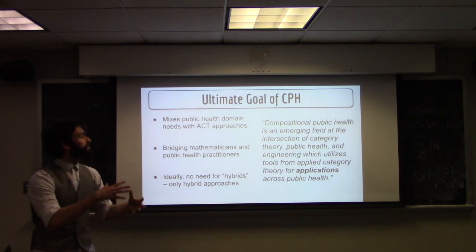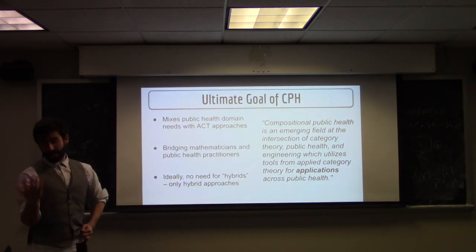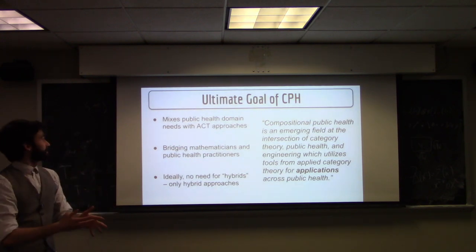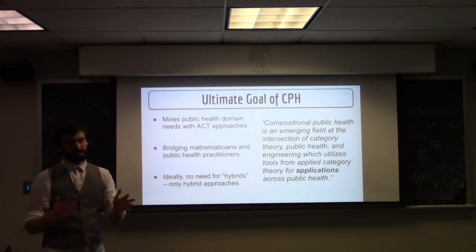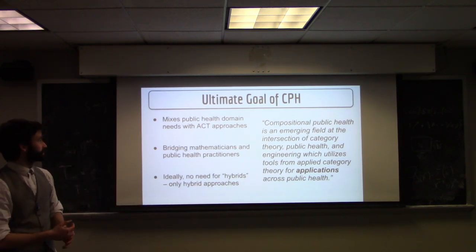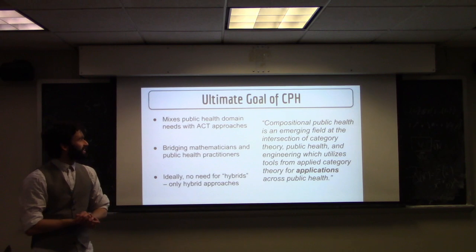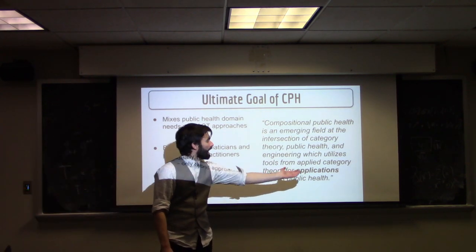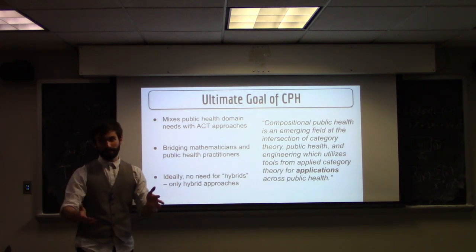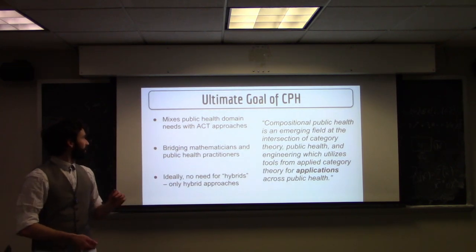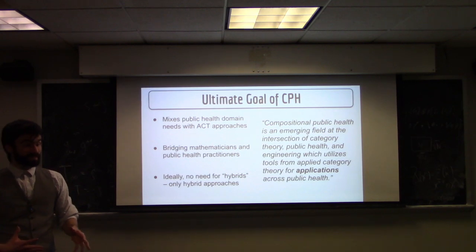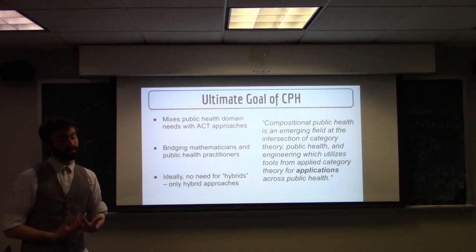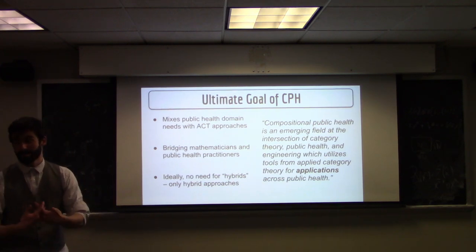To wrap up this part of the discussion, what is the ultimate goal of compositional public health? It's this notion of mixing together public health domain needs with applied category theoretic approaches. Again, here's our definition on the right-hand side. Our ultimate goal is to think, how can applied category theory be used for applications all across public health? And the dream would be that rather than one needing to know everything about epidemiology, mathematics, computer science,